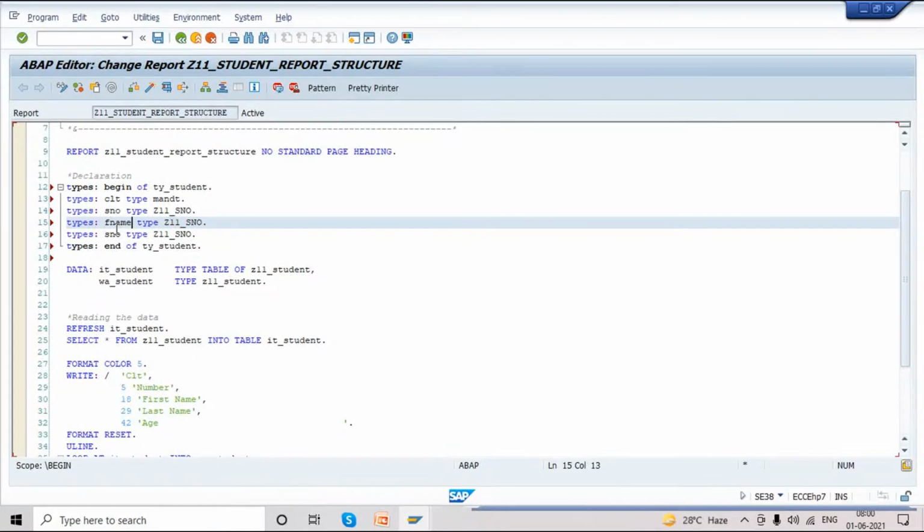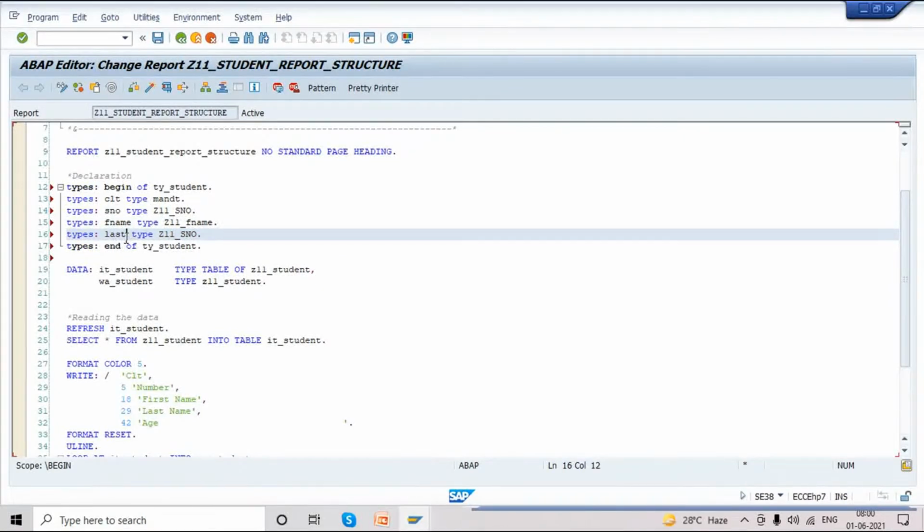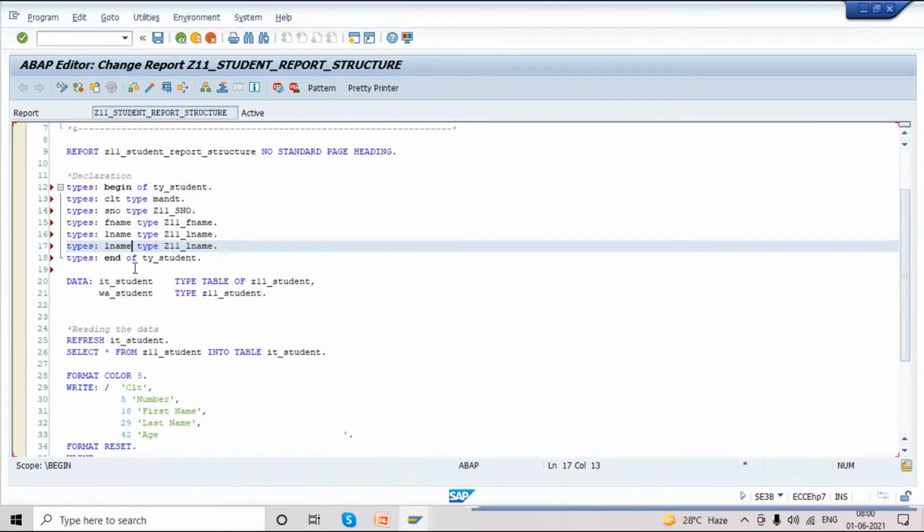Here is F name, here also we have F name. We have last name, this is one of the fields. Our field name is L name, here also L name. And we have one more field, age, also we are taking in this program. Age.